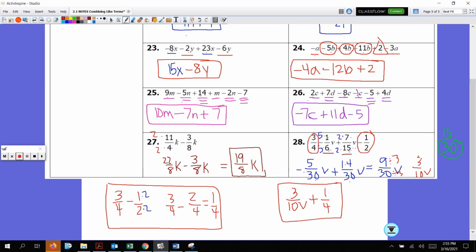I don't need a common denominator because I have a variable term and I have a constant, even though it's a constant fraction. Crazy. Hopefully you took notes because they could become useful to you